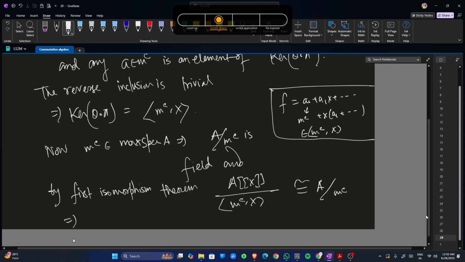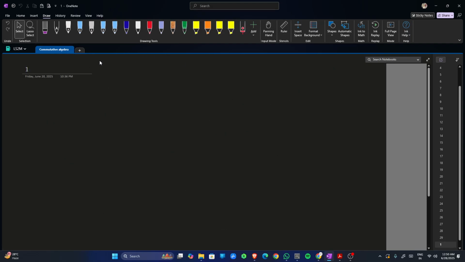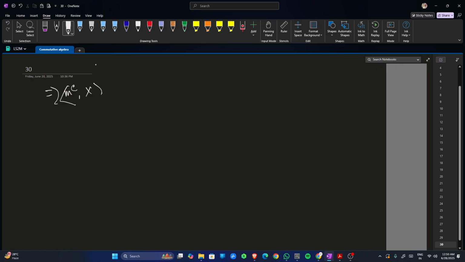This implies m contraction comma x is in max spec